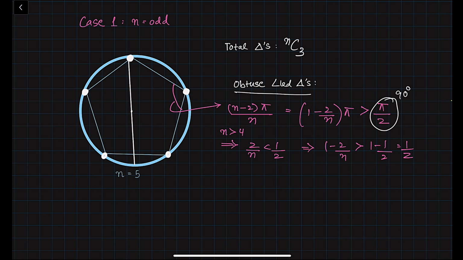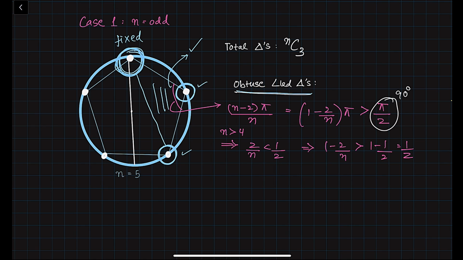Now we have to find the number of obtuse angle triangles using this observation. So let us fix one point, the point on the diameter. We have fixed this point, which means that we are always choosing this point and we have to choose the other 2 points so that we get an obtuse angle triangle. It is clear from the figure that we have to choose 2 points on the same side of the circumdiameter. Let's say we have chosen this point and this point on the same side of the circumdiameter and we join these 3 points including the 6th point. Then we get this triangle. Now this triangle has this angle, and this angle is obtuse as we have proven.